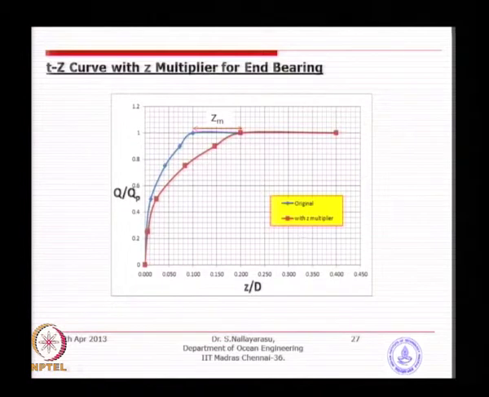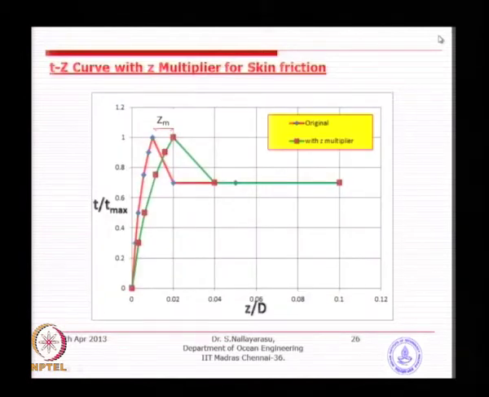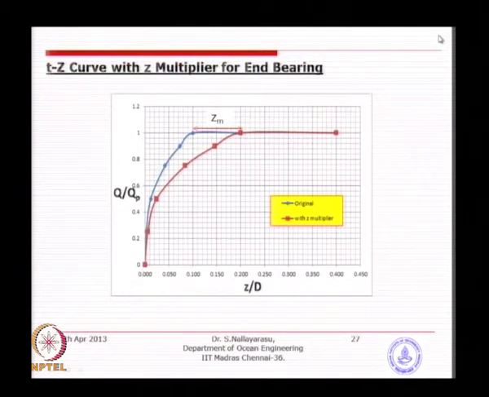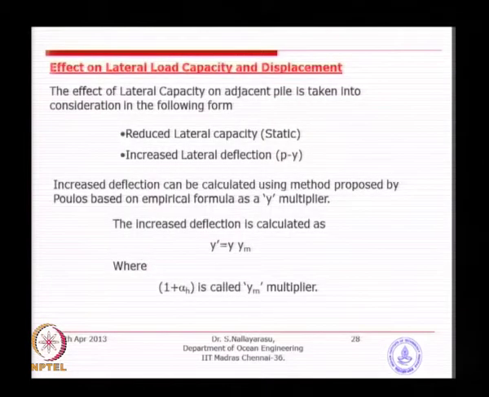For sand, I think this is for clay and this is for sand, just to give you an idea of what happens when you apply the multiplication factors. The next one is basically the effect of the group or the spacing of piles on lateral capacity. Similar to the axial capacity, we will also have a Y multiplier instead of the vertical multiplier, because that was vertical and this is going to be lateral. So, Y multiplied by Ym, and again instead of alpha vertical you calculate the alpha horizontal.